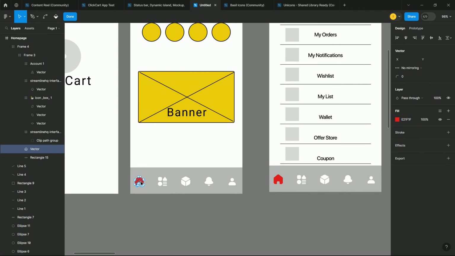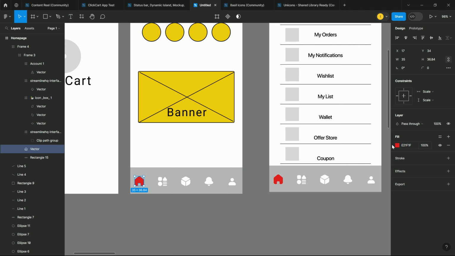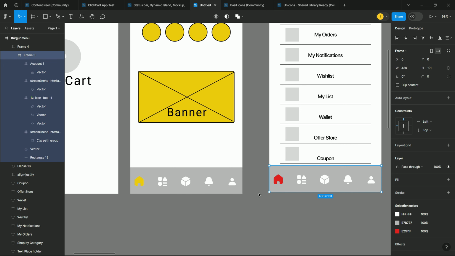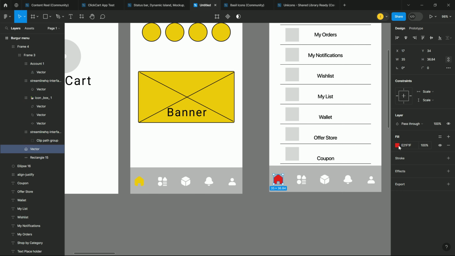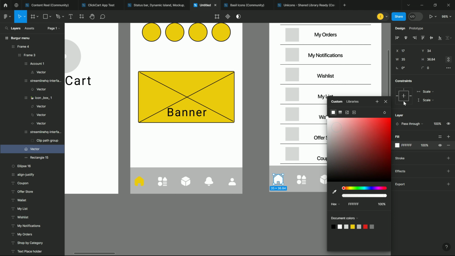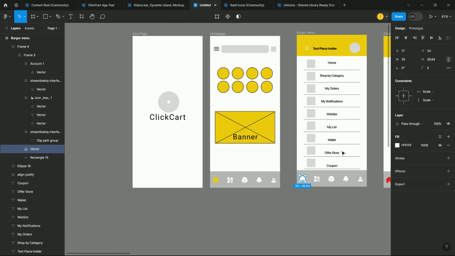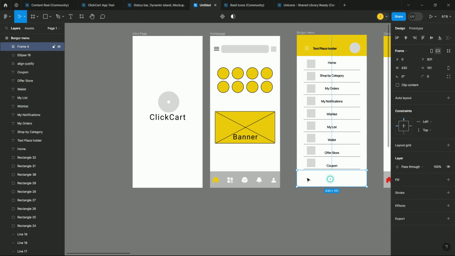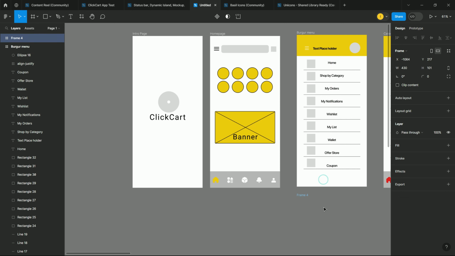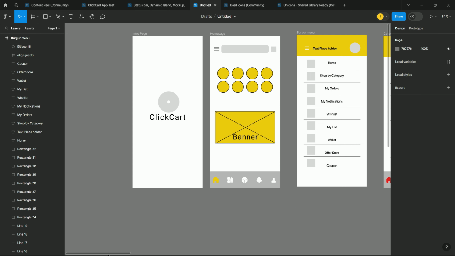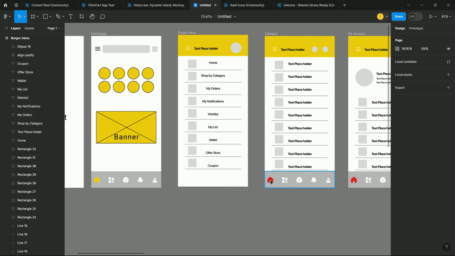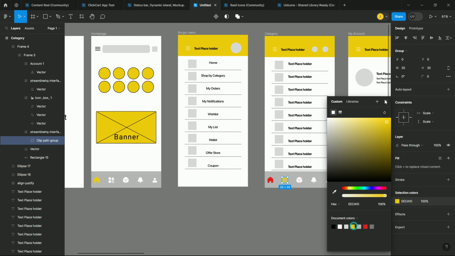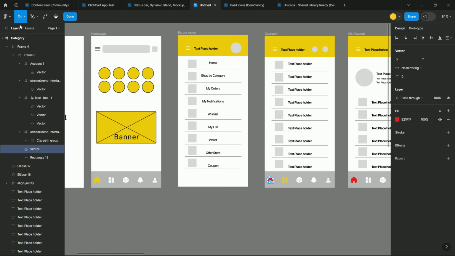But let me change the color of it. Okay, I went to object editing mode. The color is going to be this one because red does not look that aesthetic, and this should be white. Because we are in the burger menu section, I think we don't need this navigation bar in the burger menu section, so I'm going to delete this one. Okay, frame 4 is empty. Currently we are in category, so category should be yellow, and this one is the yellow. Let me make this white,